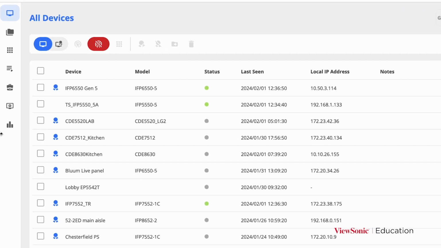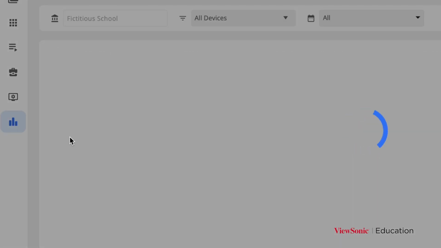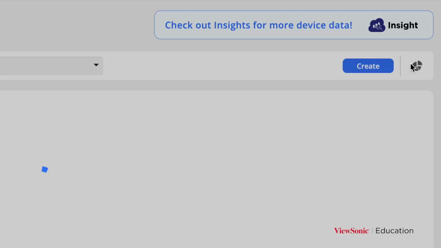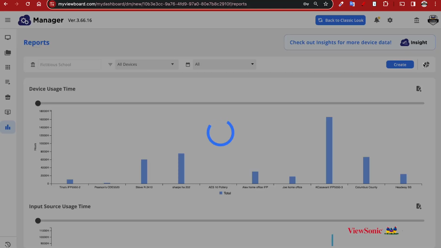To access reports, find the bar graph icon on the left. To begin a report, you can choose all your devices, individual groups, or select a date range. Click the Create button on the top right, and this will run a report for you based on what you